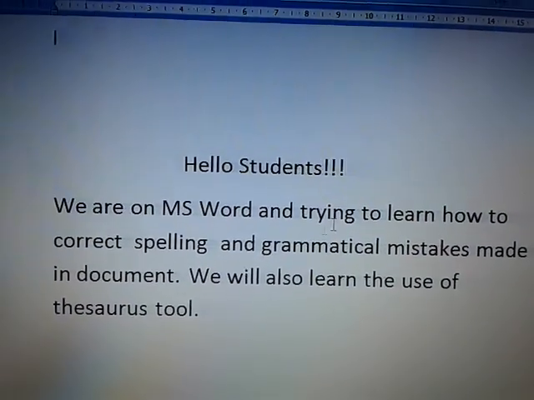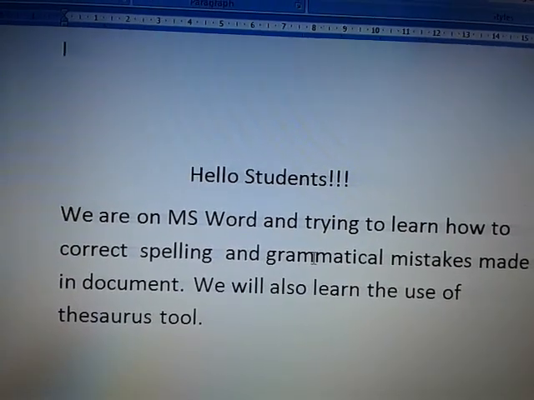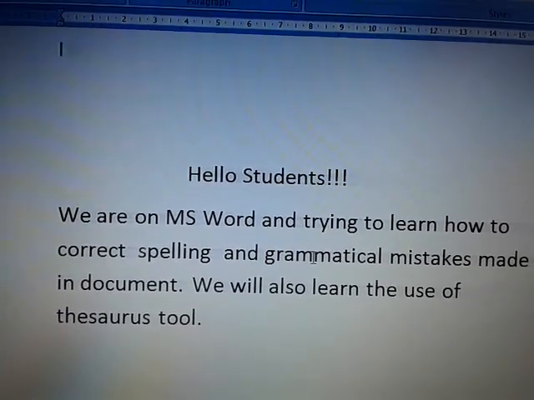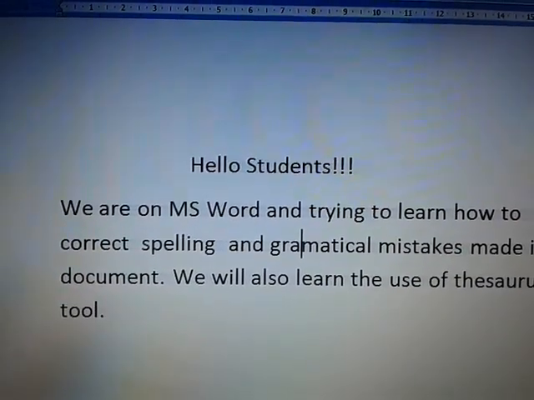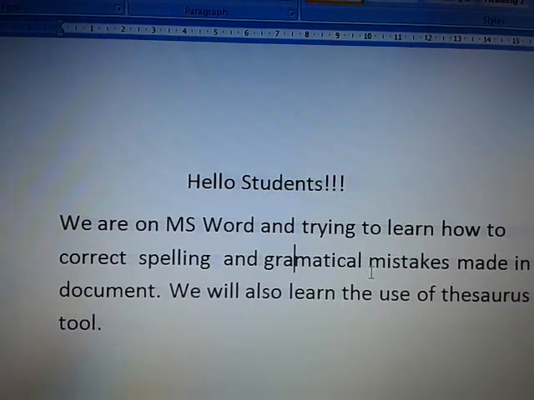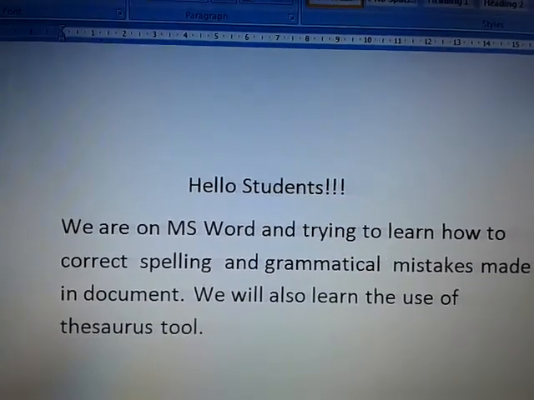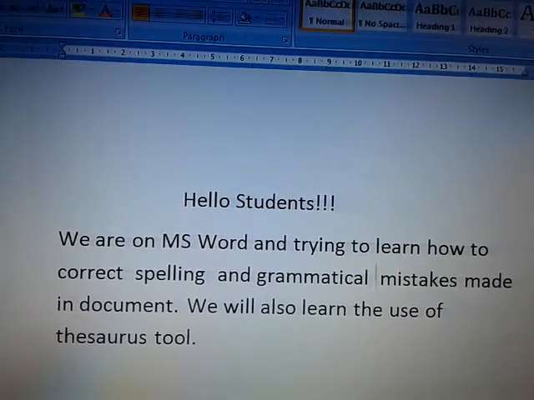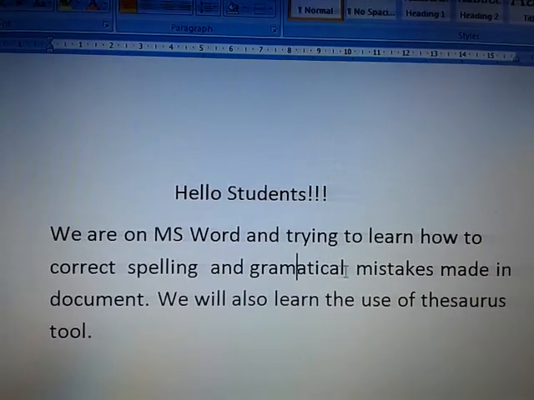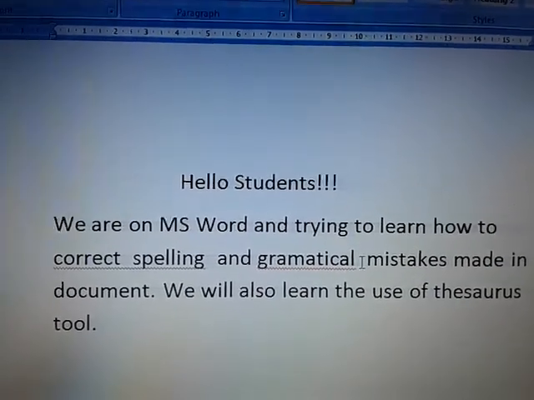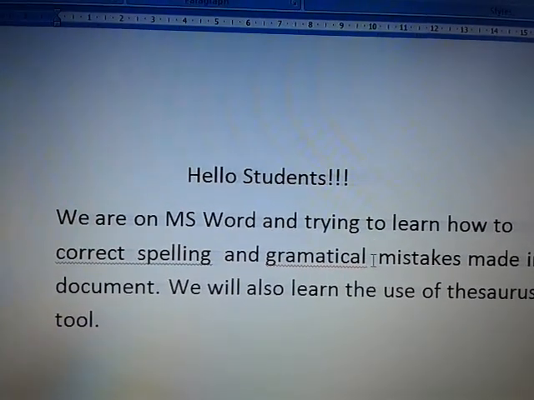So suppose you have made a spelling mistake. Let us consider this word grammatical. Suppose instead of writing double M, you have written single M, and you have moved the cursor, you have pressed the space bar.